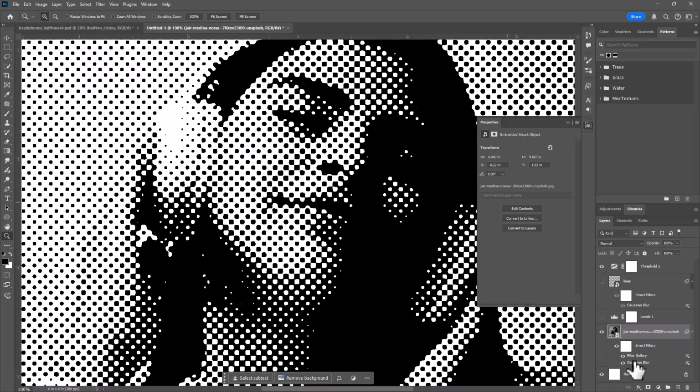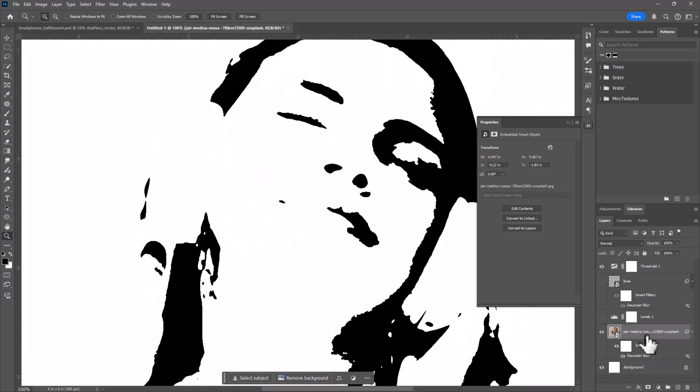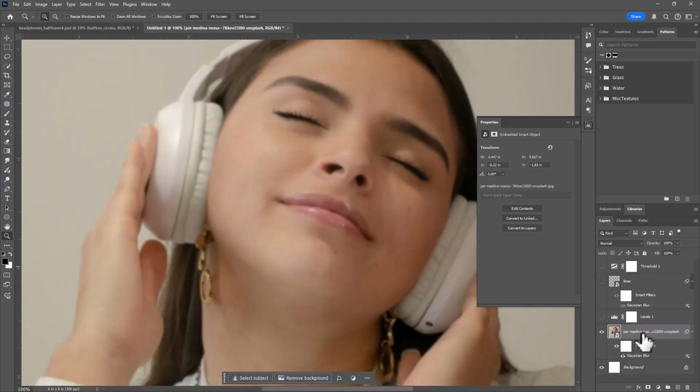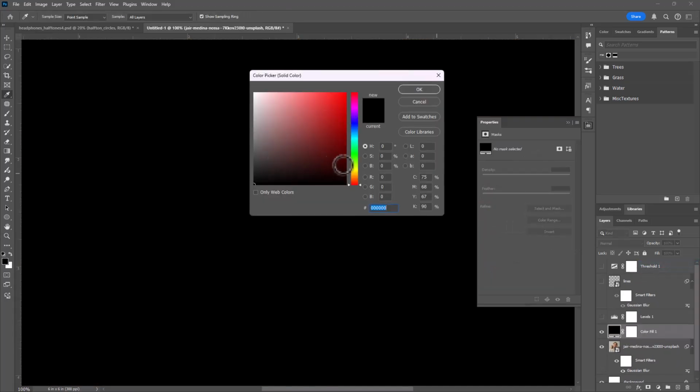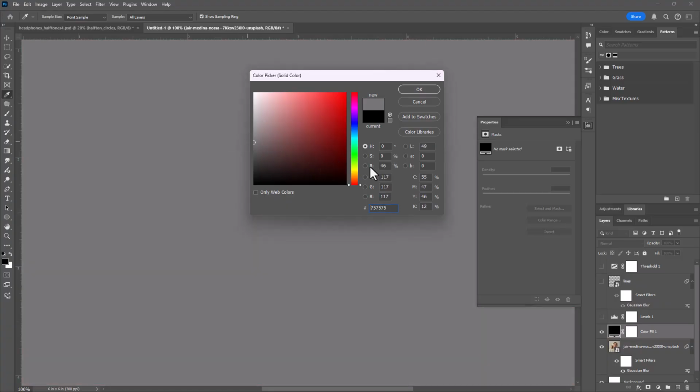Now, I don't necessarily like to apply the filter gallery directly to the image in that way if I'm working with halftone. Instead of that, what I might do is actually apply it to a layer on top. So what I'll do is add a solid color layer on top. Oops, not a gradient, but a solid color. And I'm just going to choose a neutral gray. And so if the brightness is 50%, or the RGB values are all 128, we get that sort of neutral